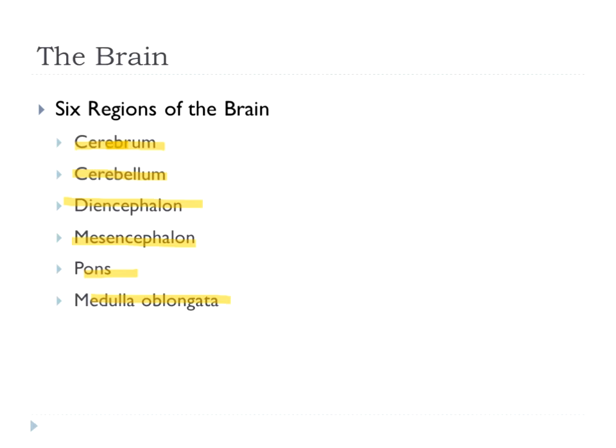So there are 6 regions of the brain that I want you to know. These 6 regions of the brain, they pretty much correspond with those same lobes of the brain. It's just that we separate them a little bit differently. The cerebrum, as you probably already remember, is the bulk of the brain, the mass of it. And then you have the cerebellum, which is that little tail in the back, and it has that transverse fissure that goes through there. The diencephalon, the mesencephalon, those are different lobes. They would take up different lobes of the brain.